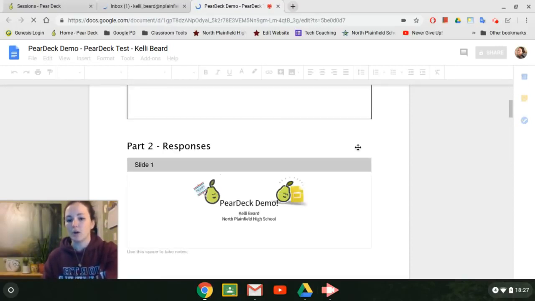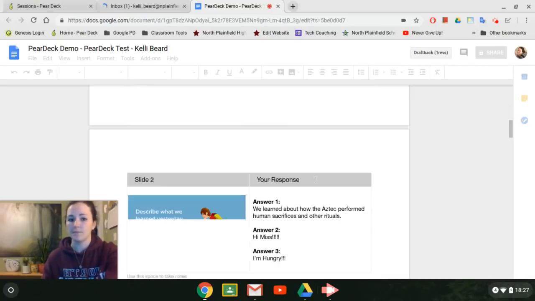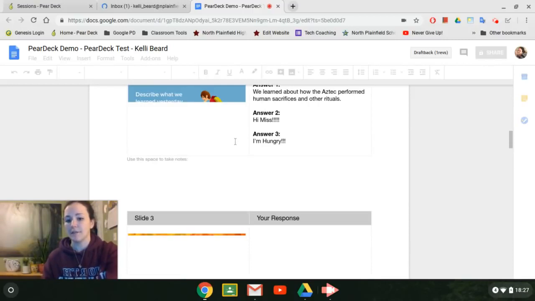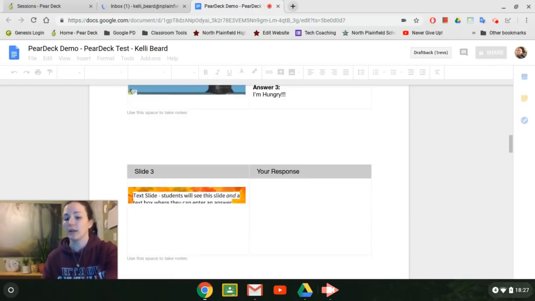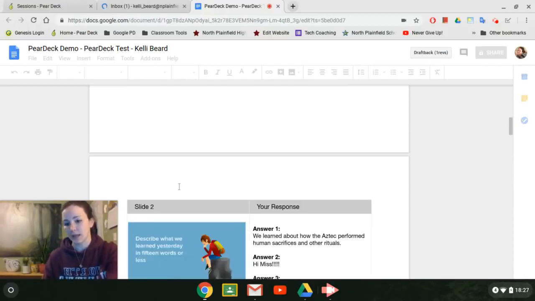It's going to have all of the slides. If it is not a PearDeck slide, it's just going to have the slide in the middle of this box. But if it is a PearDeck slide, scroll down a wee bit, it'll have the slide on the left, and it'll have their answer or answers on the right-hand side, which is really cool. So it shows them the slide, and it shows them how they participated and what their responses were